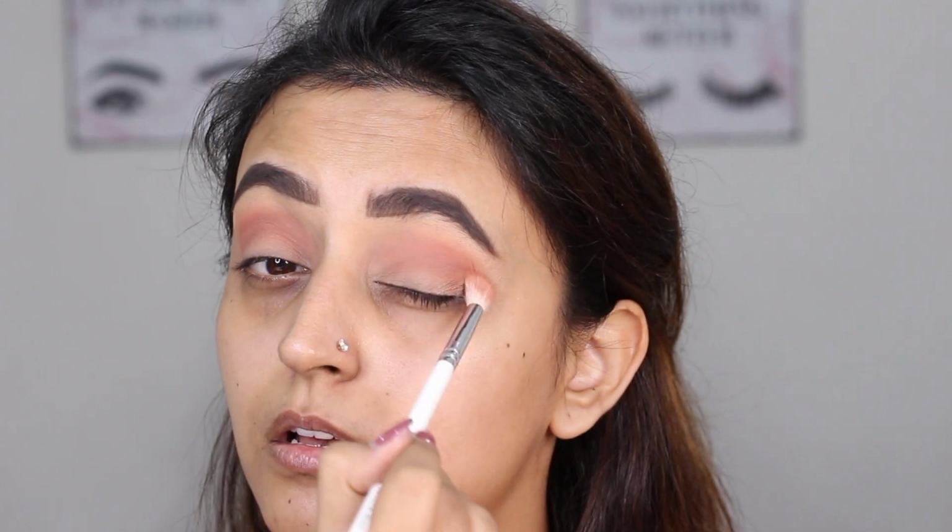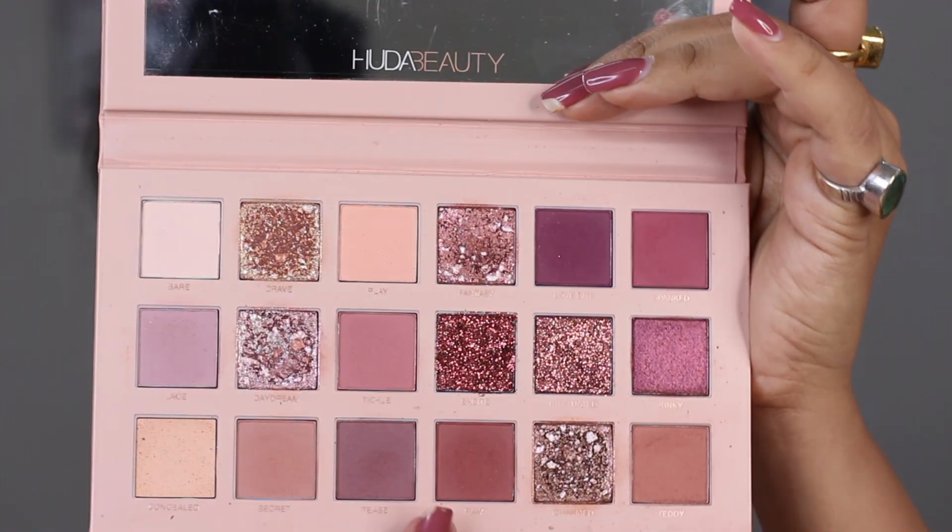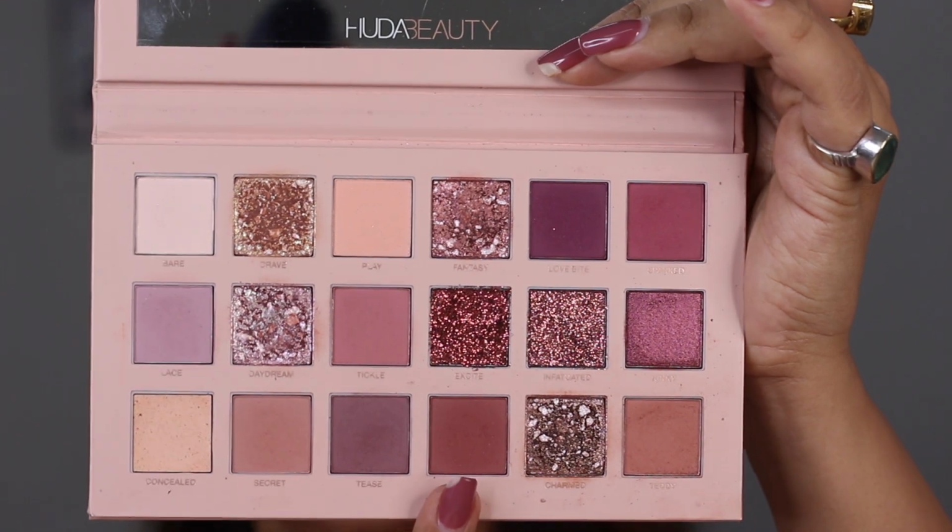I'm going to use windshield wiper motions to fit my brush into the crease and blend the shade like this. Now that I have a transition shade on, I am going to move ahead and use the shade Raw. I'm going to use a stiffer brush like this one